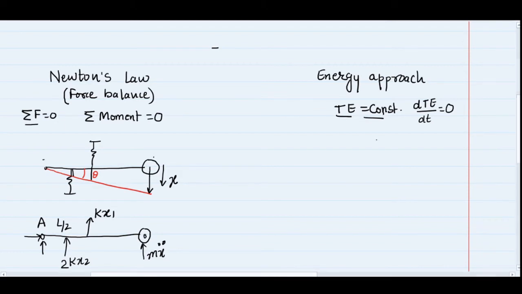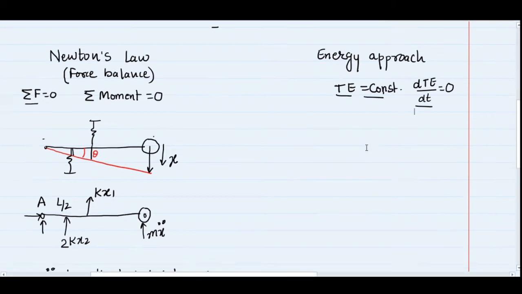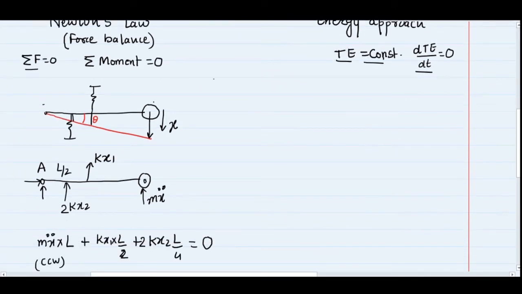So if I differentiate my total energy with respect to time, it will give me zero value, and that is the base of writing the equation of motion for the given system. In this case, if I try to write the total energy, there are two components. One is the energy because of the motion of this mass, that will be the kinetic energy of the mass. The second component will be the potential energy because of the compression in the spring. So the kinetic energy can be written as 1 by 2 m x dot square,